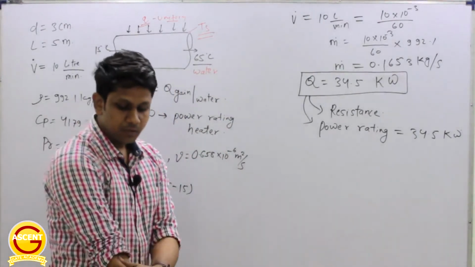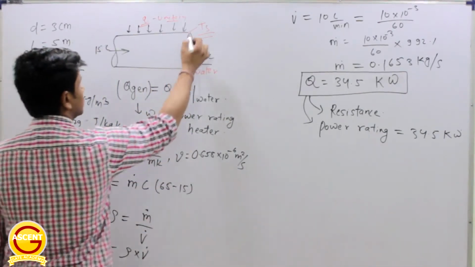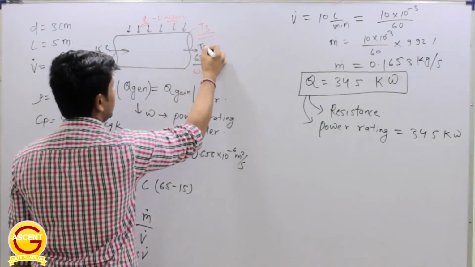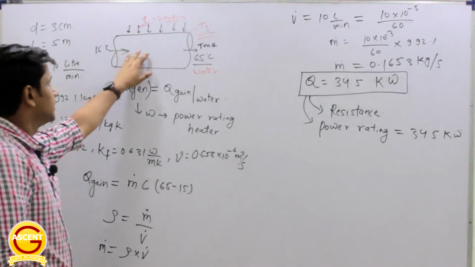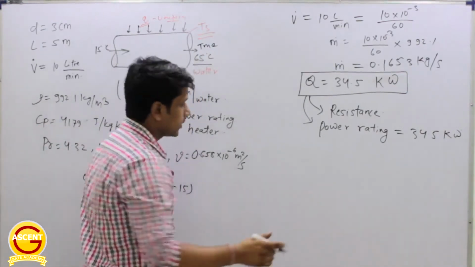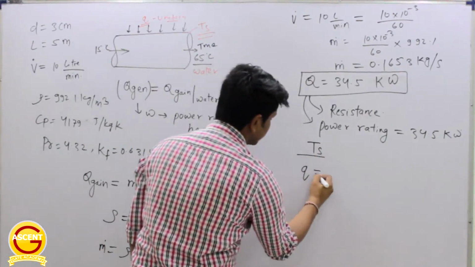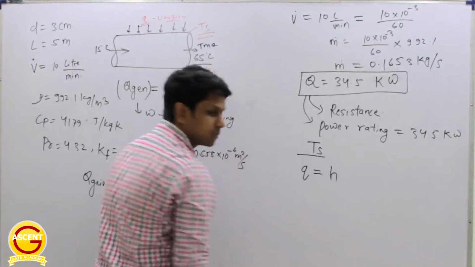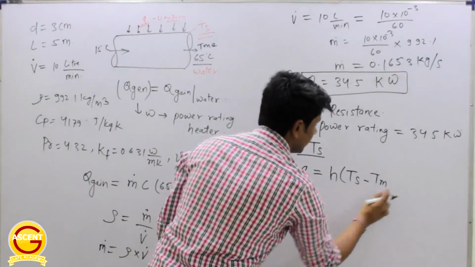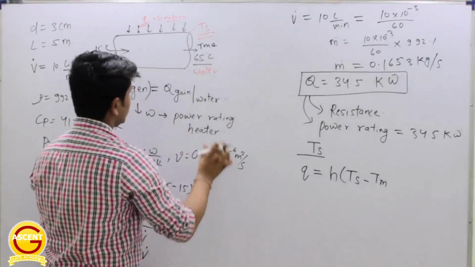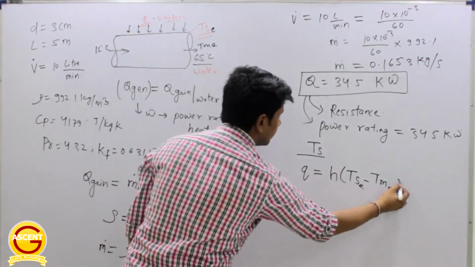Right. So for temperature of pipe at the exit, we know the formula. Say this is Ts and this is T mean at exit. Right. So these things we have discussed in flow through pipes. Whenever you have to calculate the temperature of the surface of this pipe, then you will use this formula. Heat flux is equal to convective heat transfer coefficient multiplied by Ts minus T mean at that point. So we have to calculate this at exit, so it will be TSE minus TME.